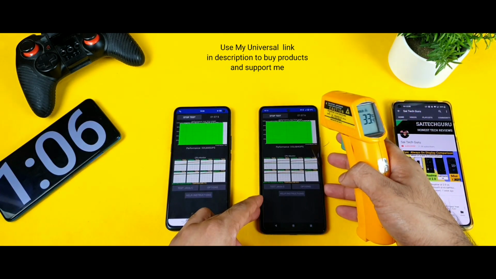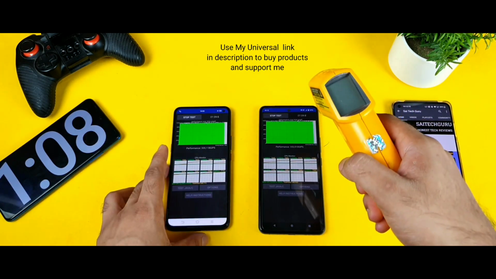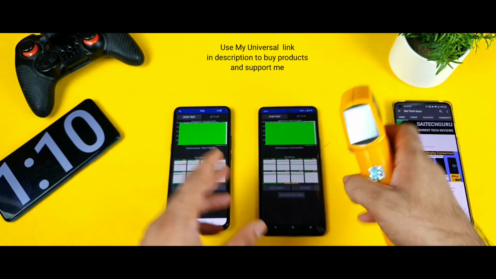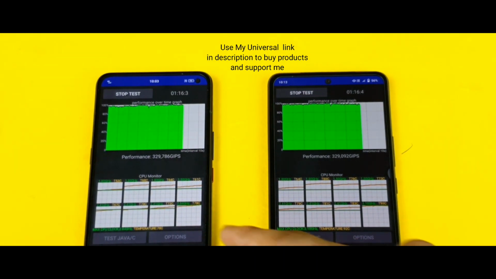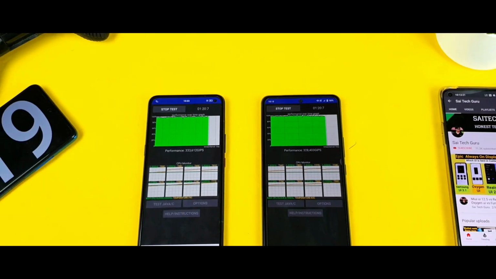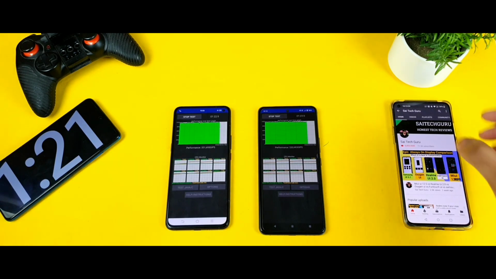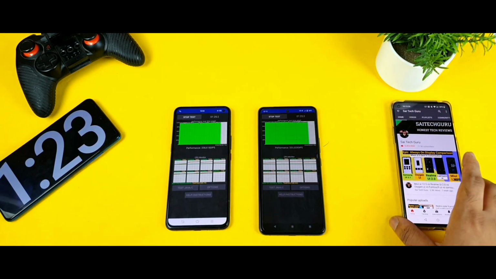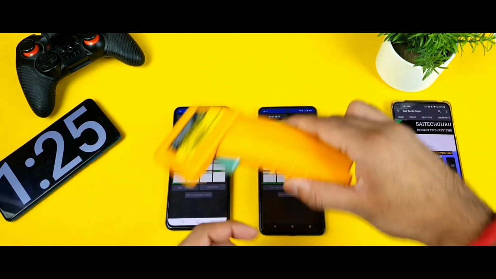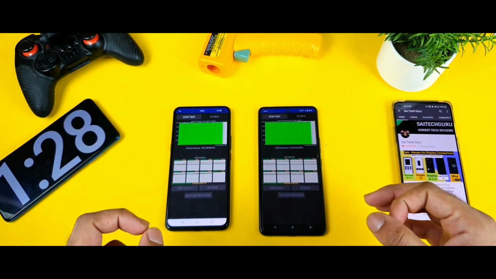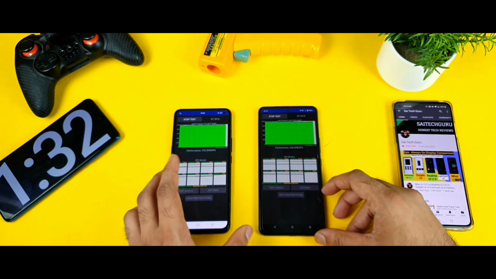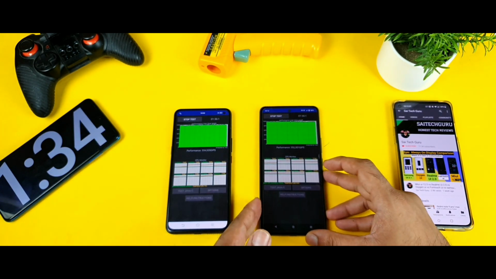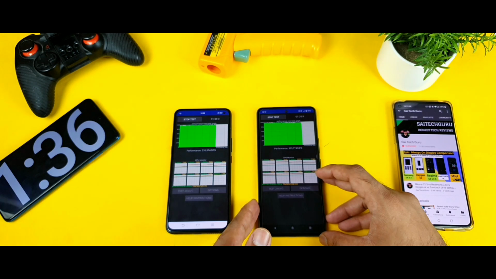Let's see friends what will happen after some time, how much the temperatures can increase and how much the performance can decrease with throttling. That is what I'm going to compare. At this moment we can say the scores are slightly higher in the Snapdragon 865, sometimes. So I'll be back after close to 5 minutes, and let's discuss which phone has how much temperature and how much battery has decreased. All those details I'll try to talk about. And it's really great friends, the Snapdragon 865 is also doing good in this iQOO 3 device.